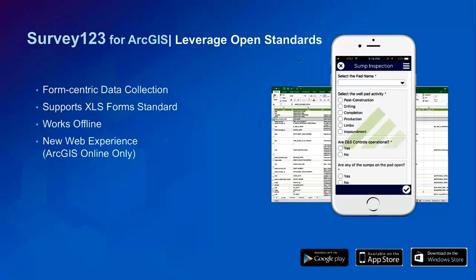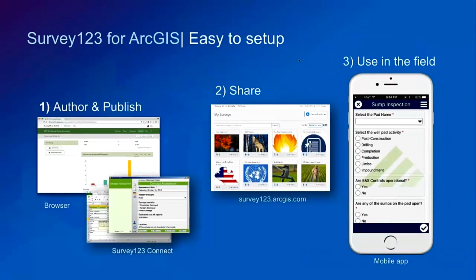It's a fairly different approach than what you would have today with Collector by defining a data model first and then publishing that as a layer. It's available on Android, iOS, and Windows as well. And we've also been working on a browser version of it that's a part of ArcGIS Online today. So inside of ArcGIS Online, you could define a form that's used as a web form on a mobile device as well. Like I mentioned, there's the Survey 123 Connect app as well.